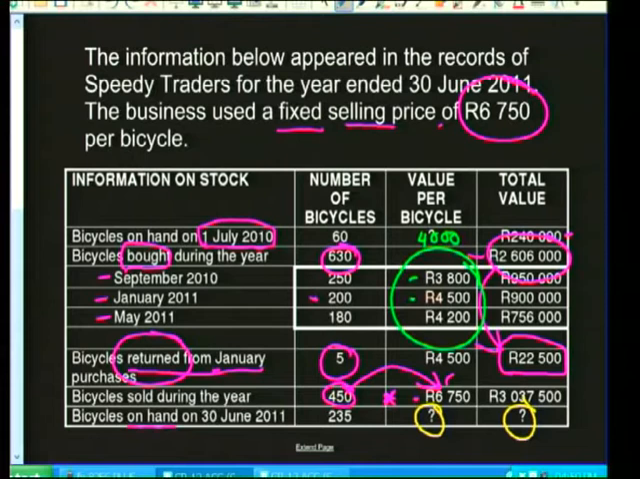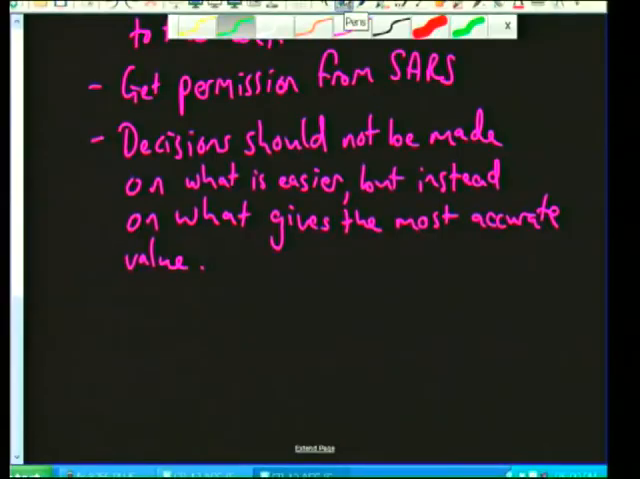Then they went up to 4,500, and then they went to 4,200. What that actually means is that the FIFO system will probably be a little bit more accurate if you have only one item of stock whose value is changing all the time, because the stock that you have left will be valued at their most recent prices. They will not be valued at the price that you could have bought them for on the 1st of July 2010. So what we could perhaps write here, we could write a sentence explaining this, such as